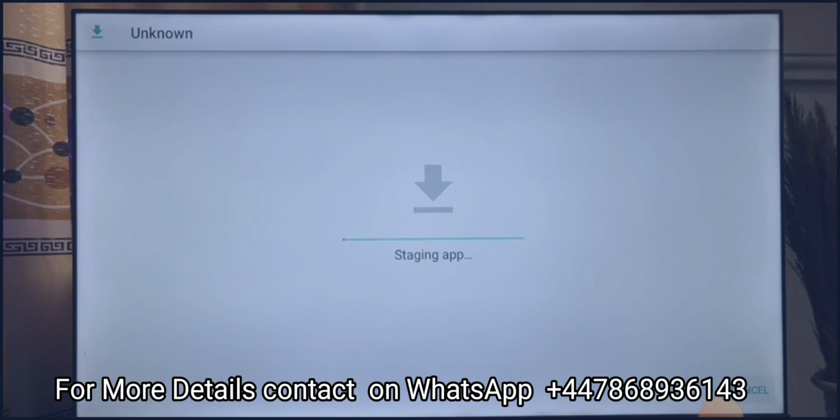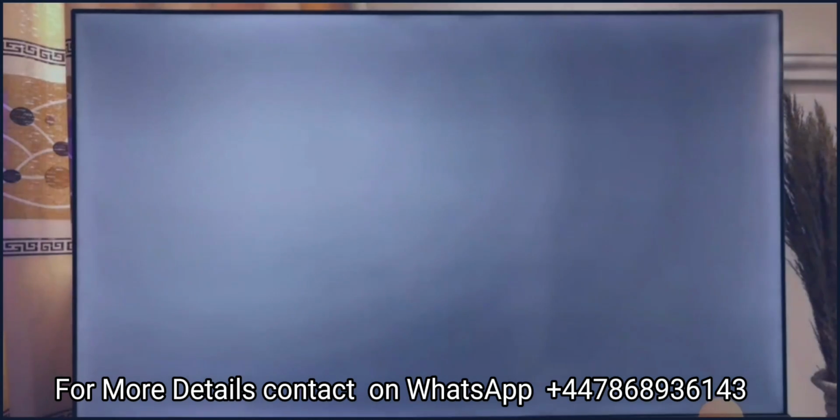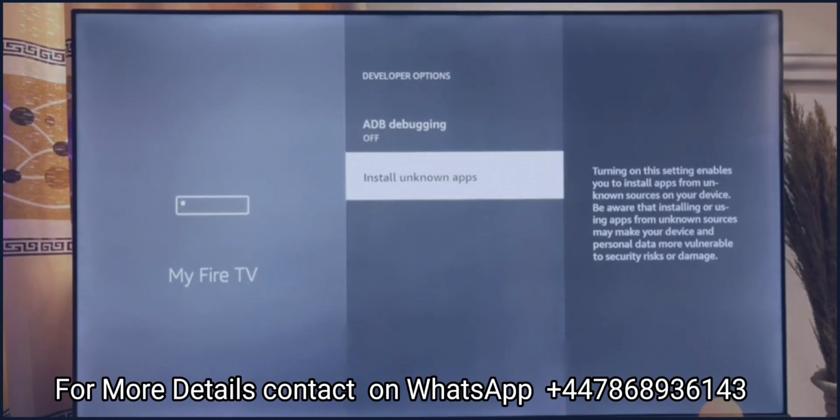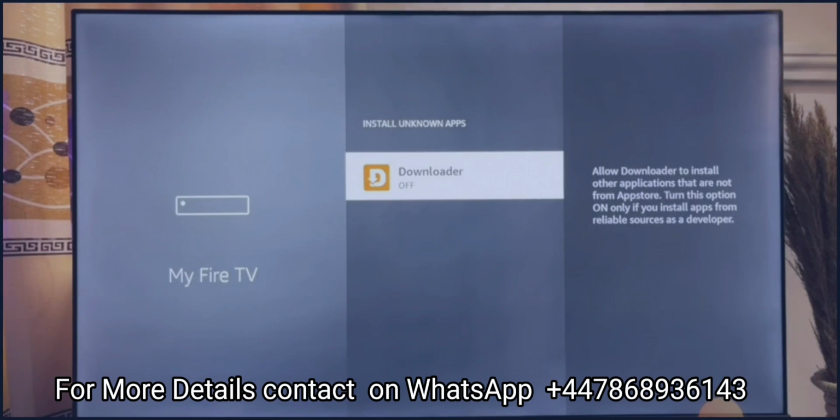Now once it is done downloading, it will automatically start installing itself into your Firestick. And what you just want to do over here is to go ahead and give Downloader the permission to install apps from unknown sources into your Firestick. So go ahead and click on Settings, just like so, and then you want to go ahead and click on Unknown Apps. Now you want to go ahead and turn on this option for Downloader,